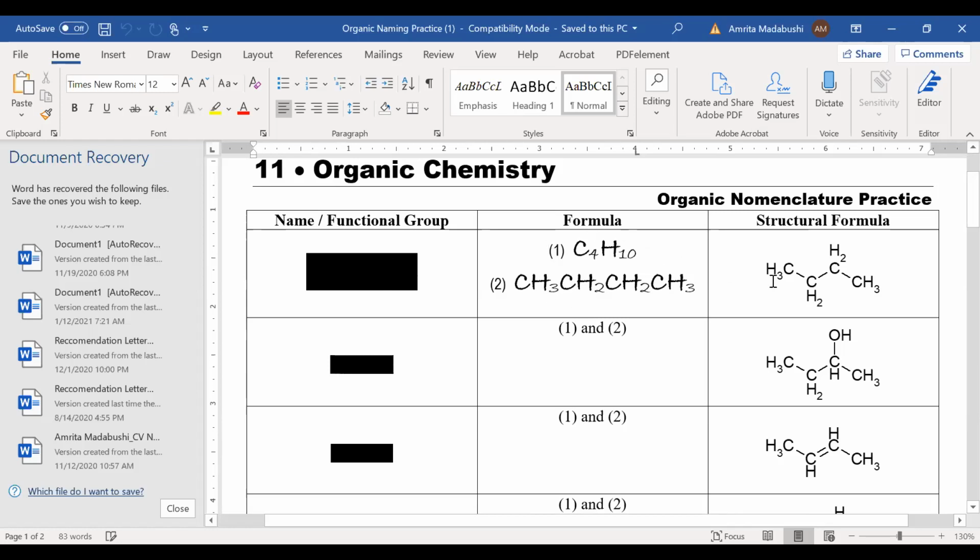So about the formula, you're just counting the number of C's and putting them here, counting the number of H and putting them here. Also, you can put down the formula as CH3, CH2, CH2, CH3. If you do this, guys, together, you'll find this to be something which will really, really help your understanding. So the first one,